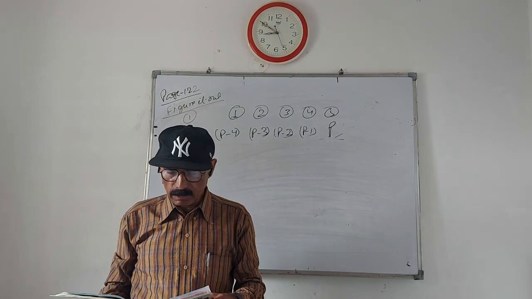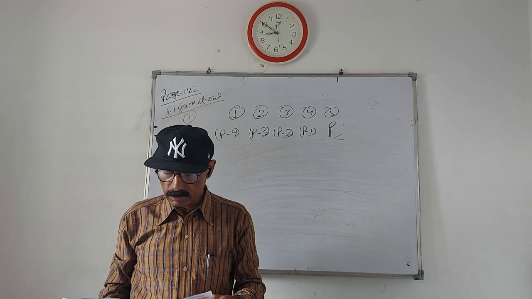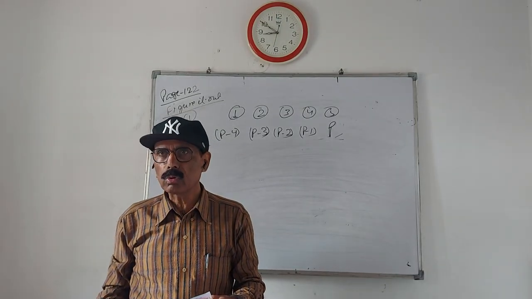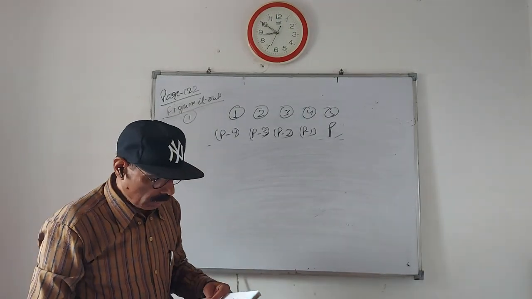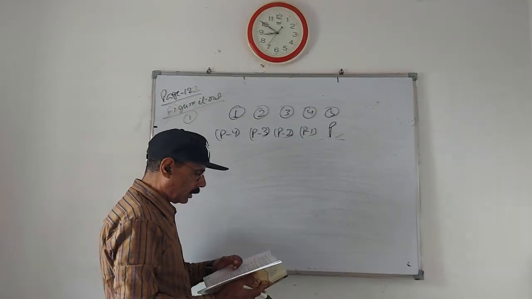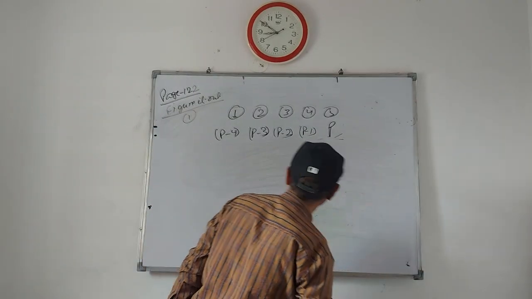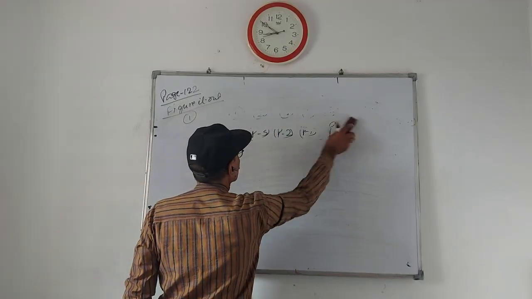Sum of two even numbers is a multiple of 3. Is it correct or not? Means always true, sometimes true, or never true. Sum of two even numbers is a multiple of 3. Check. Sometimes true.